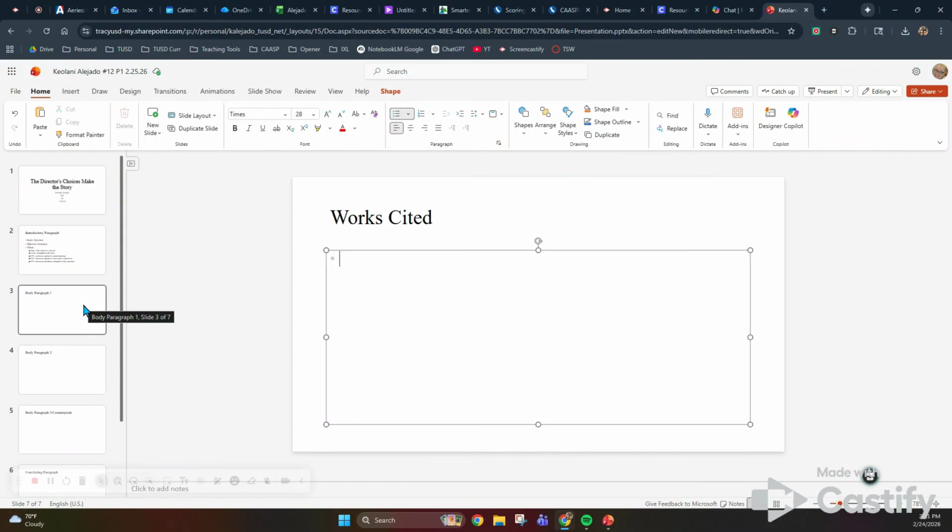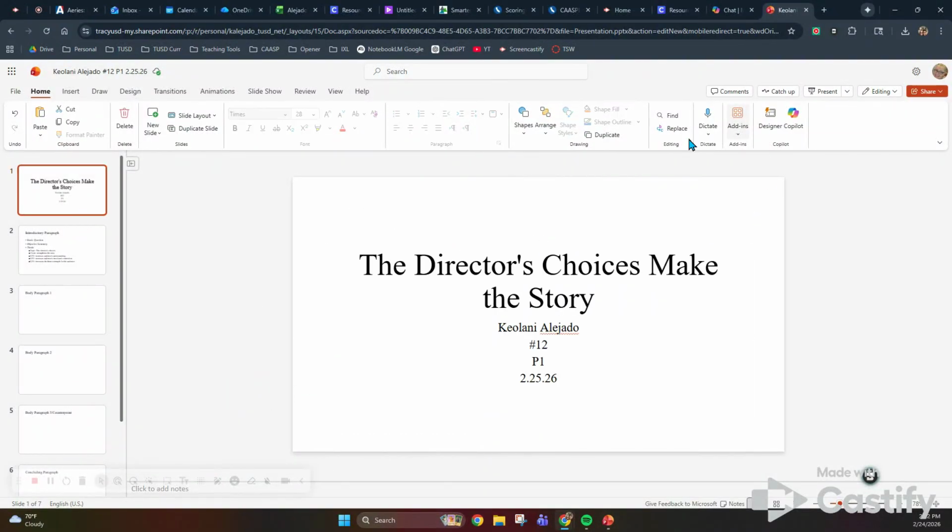So after you do all that, make sure that the whole thing is the correct font. The whole thing is 3 or less colors. The font is black or dark color. The background is white, light gray, or soft neutral. Titles are between 32 and 40. Body text is between 24 and 28. That you have 5 bullets or less, 5 words or less per each bullet. You have no transitions,